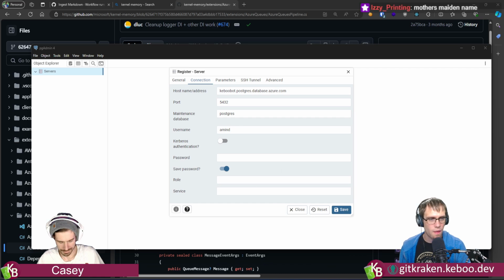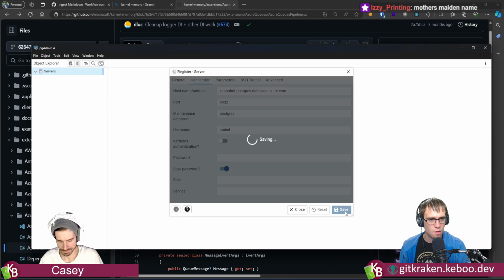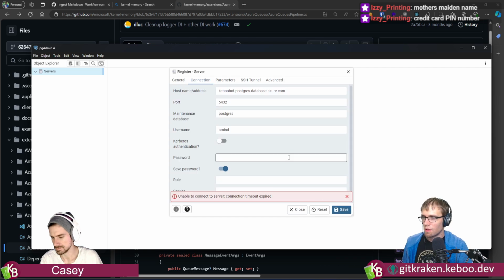It doesn't actually say to enter the password, so okay, let's. I am assuming it is going connection to.